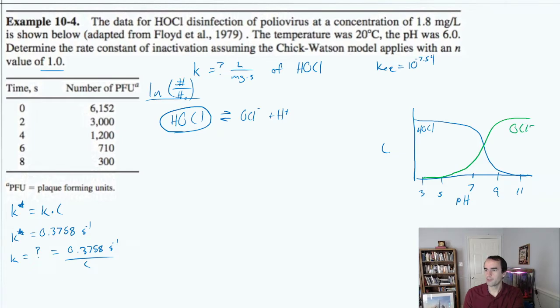So you've probably seen these plots before, and this number right here corresponds to a pH of 7.54. That's our equilibrium constant. So just based on this alone, and knowing that the pH is 6, at pH 6 we kind of expect that almost all of this is going to be in HOCl form. That will play out in the math when we see it. I would say probably over 95% of total,